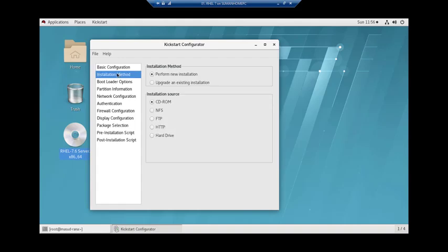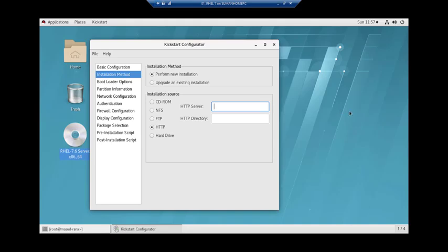Then the next thing is the installation method. How do I want to install this? I want to install remotely. I want to perform a new installation from HTTP. I will point to where I want to install the package from.